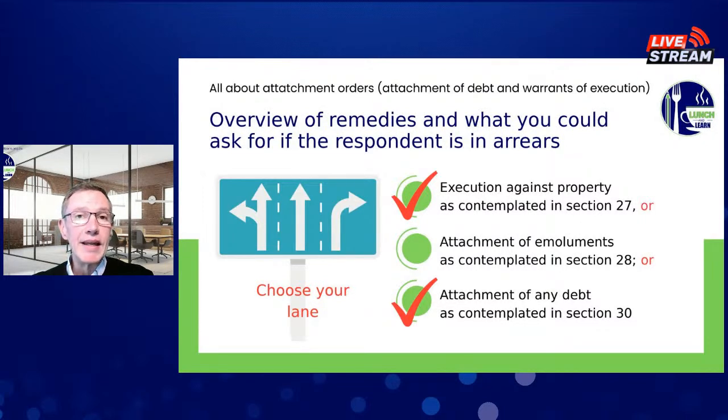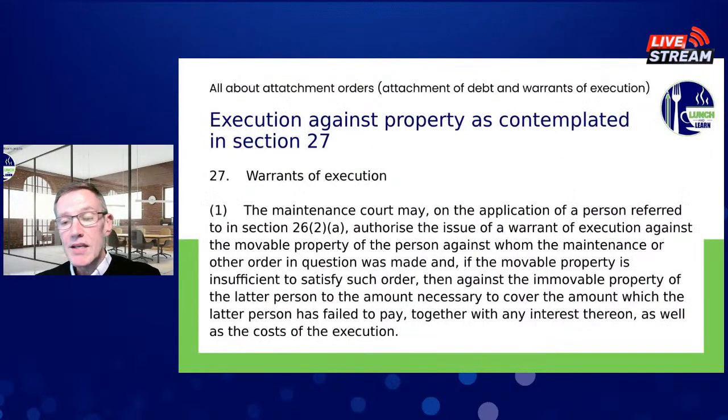So bear that in mind, that it's not a simple process just by going to court and asking for a warrant of execution against property if there is any other remedy already in use, which is most often the garnishee order or the emolument attachment order. But for today's webinar, we will be dealing with the execution against property as contemplated in Section 27 of the